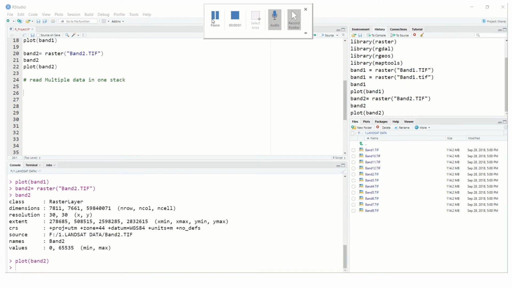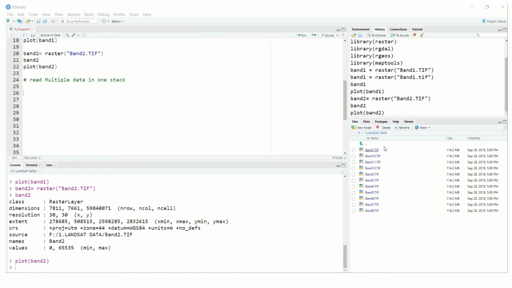Okay, so now we have tried to read some single raster data. But always, if we have more than 20 data, if we have more than 50 data, if we read them one by one, it takes time. I have a task that you need to read all this.